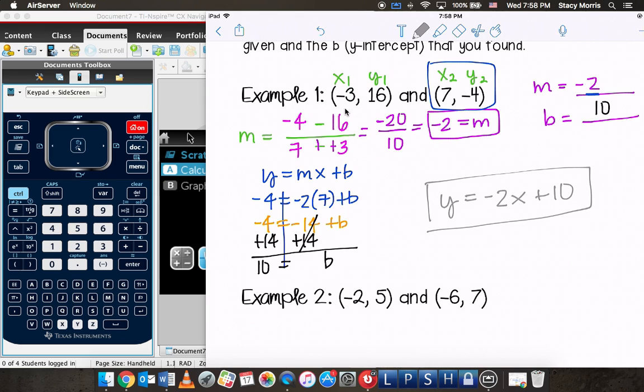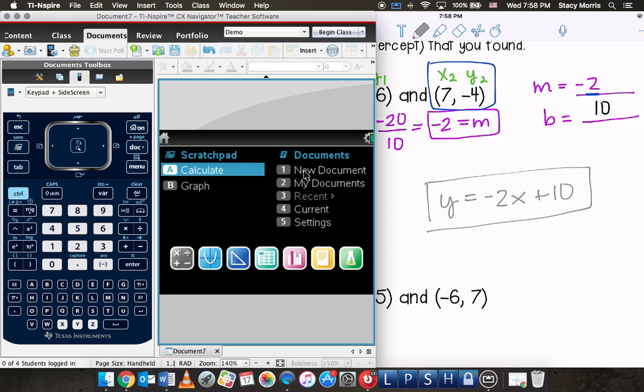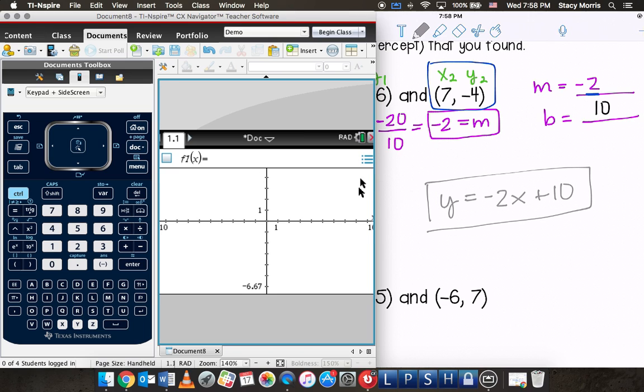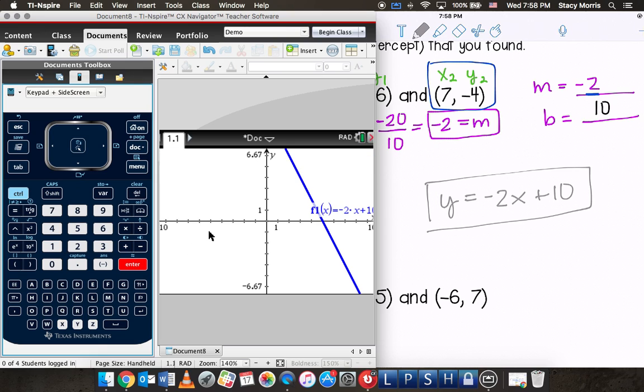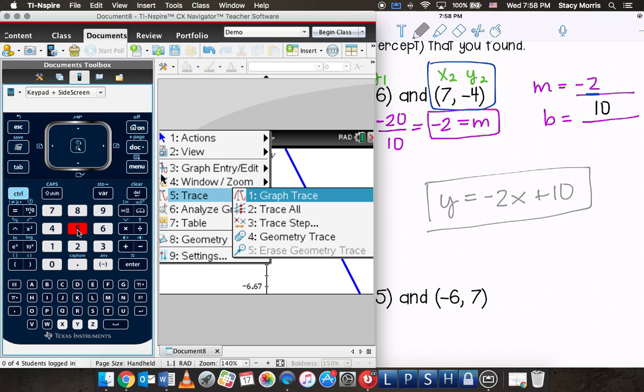I'm going to suggest that you always then graph this and just check, does it actually go through this point and this point? If it doesn't go through both of those points, you did something wrong. Okay, so I'm going to go to my graph and I'm going to graph y equals, remember f of x and y are the same thing, -2x plus 10. Enter. So there it is. I could go to the table. I can also trace. I think trace is a little bit faster. So menu, trace,